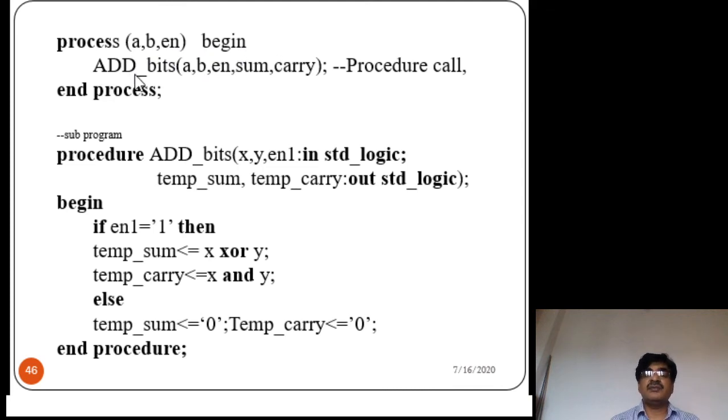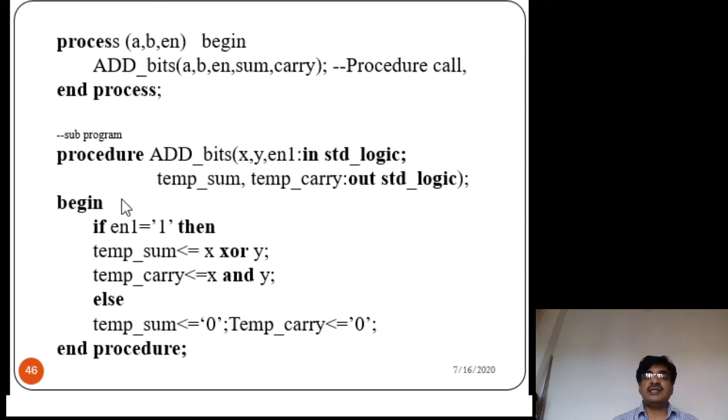The procedure name is add_bits. Then these are the actual parameters. End process. This is a process statement in the main architecture body. The architecture body includes a process statement, and the process statement here includes a procedure call statement.